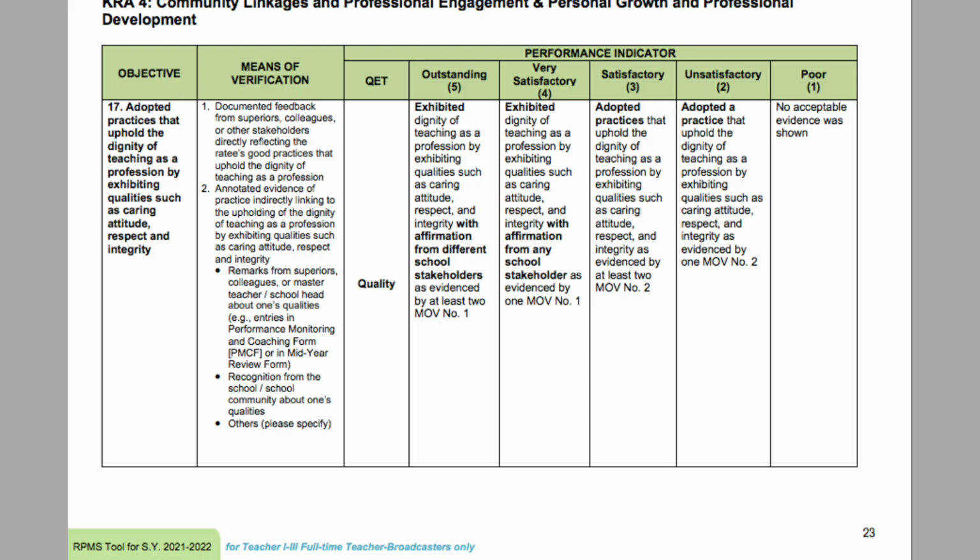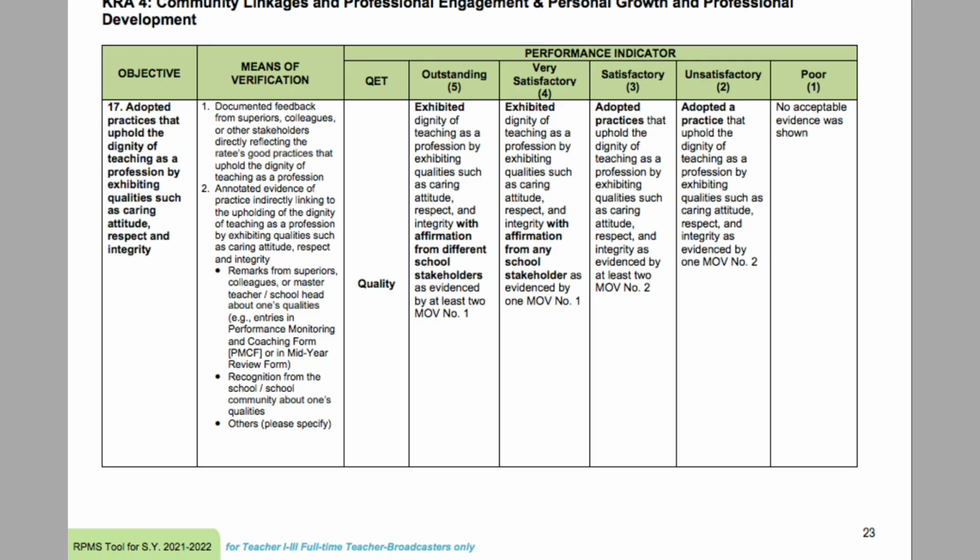Objective 17. Adapted practices that uphold the dignity of teaching as a profession by exhibiting qualities such as caring attitude, respect, and integrity. MOVs, documented feedback from superiors, colleagues, or other stakeholders directly reflecting the latest good practices that uphold the dignity of teaching as a profession.